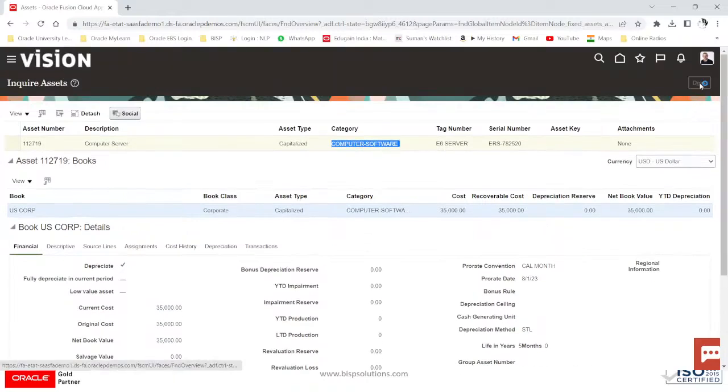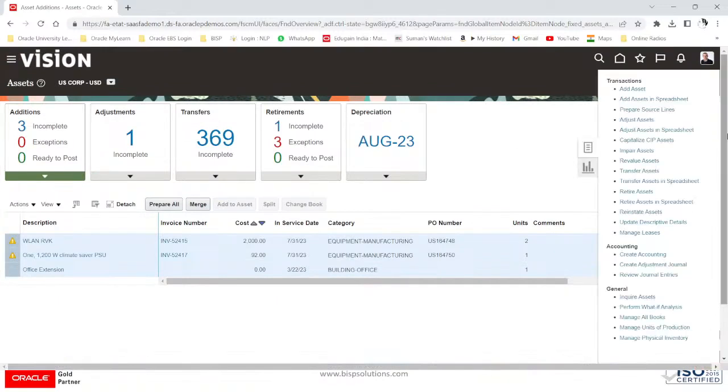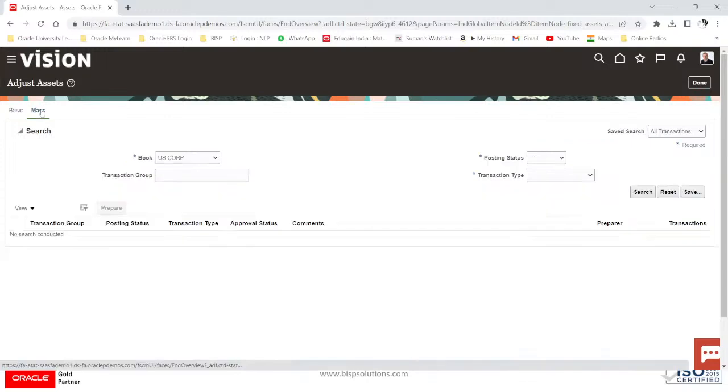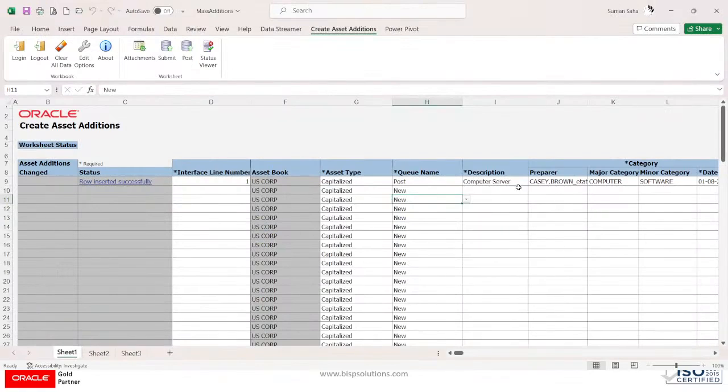So let us see how to reclassify. First, from the task panel, go to adjust asset. If you want to reclassify any single asset, you can do so. And if you have 3-4 classifications to do, then you can do it with a mass reclassification, right? So once again, we will upload one more sheet, say computer server